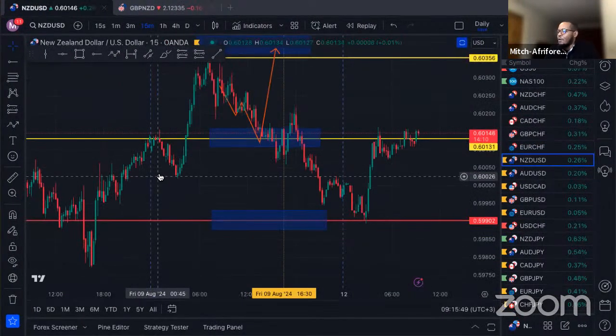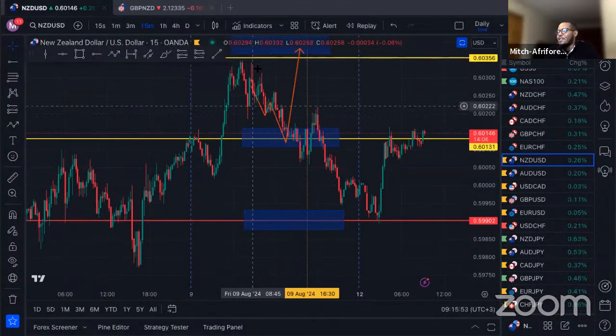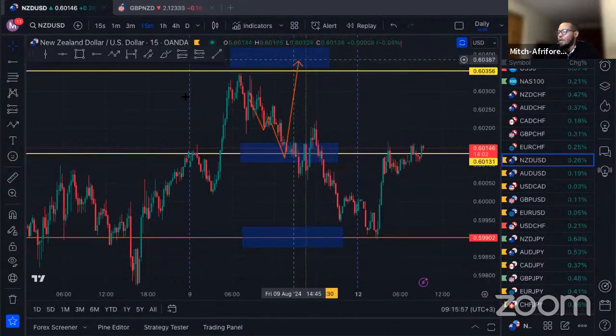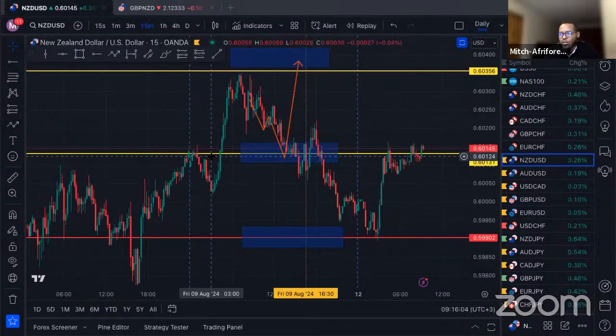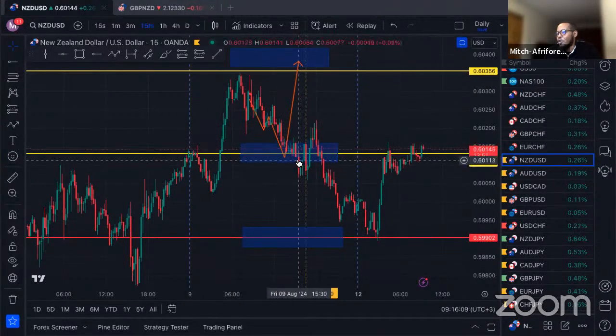On this kind of pair, on Friday, our bias was to look for buying opportunities. You can see the three areas that I had pointed out. The higher area was slightly higher, but we have adjusted it today. Overall, we were to look for buying opportunities. And remember, we wanted to see whether or not the pullback was going to come in within the support and resistance area. So the pullback did end up coming in during the London session at 3 o'clock, and at 4:30,